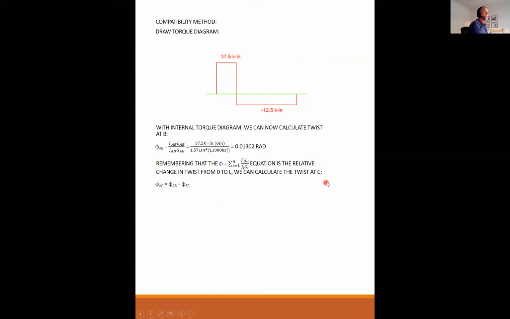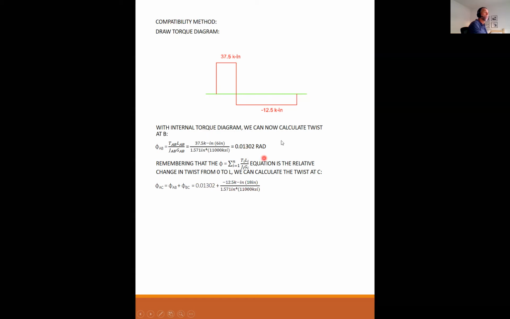The twist at C, or the twist from A to C, is equal to the twist from A to B plus the twist from B to C. That's the sum right there. The twist at A is equal to 0 because it's fixed. So if I sum the twist from A to B, this segment, plus this twist from B to C, this segment, then